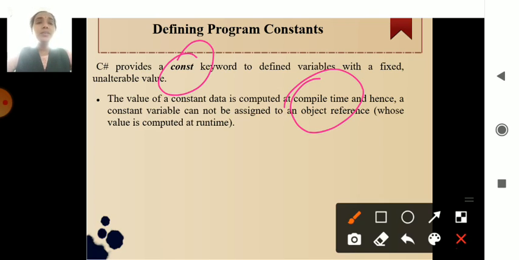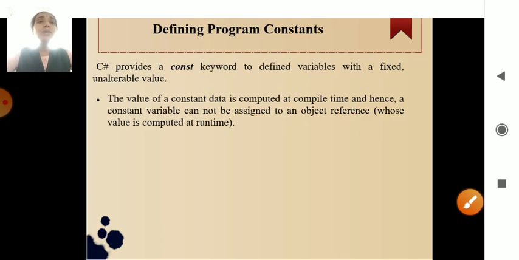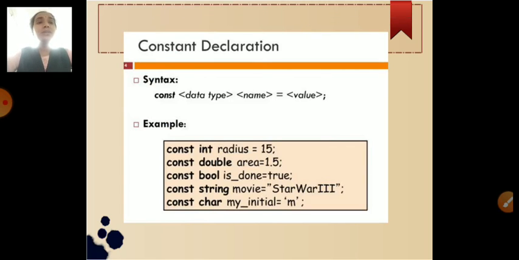Okay, when a class is abstract, then only you can declare all the elements with a const keyword. When it is not an abstract class, then you cannot use the const keyword for object references. When you create an object with the new keyword, for those values you cannot use the const keyword. Remember that this concept is important: you cannot use the const keyword with object reference values. Remember that concept.